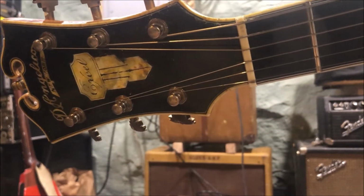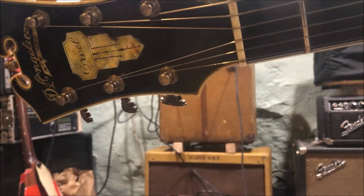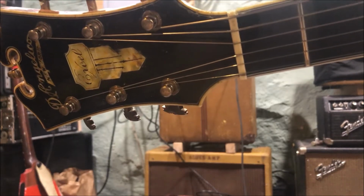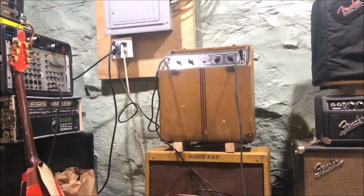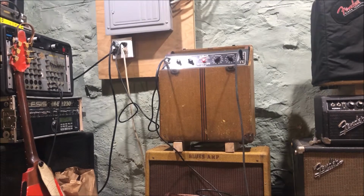What better to test this late 30s amp than a 1946 D'Angelico. I do gotta say, there is a little rattle going on somewhere. I haven't determined yet if it's a speaker or not. Either way, I will sort that out. But